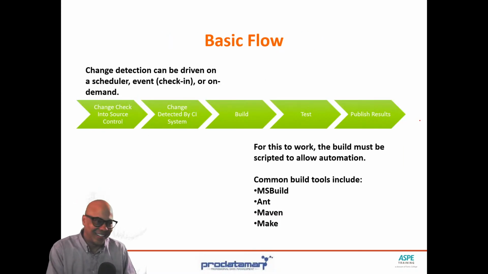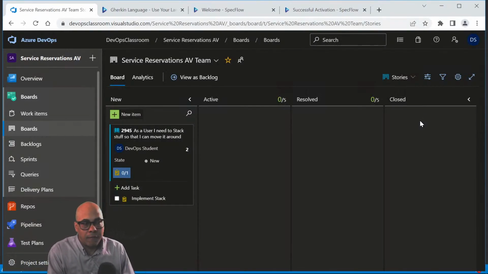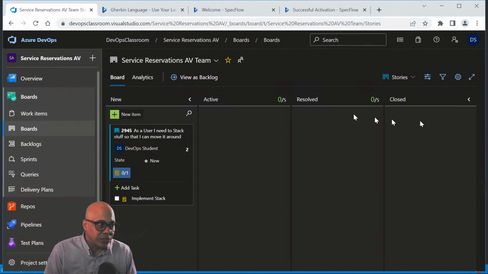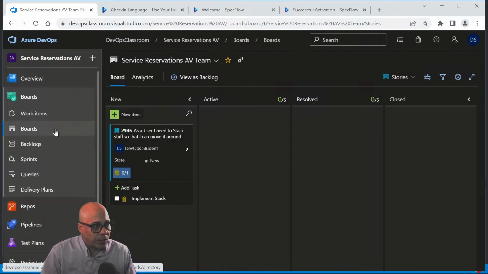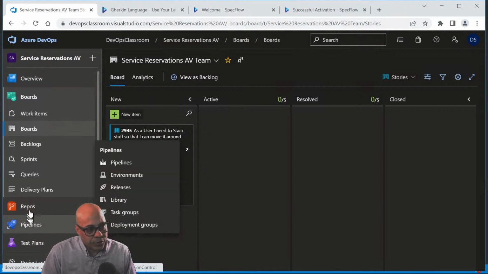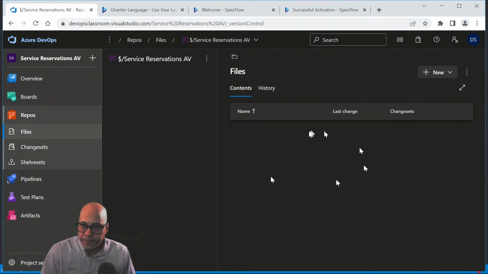All right. So let's go jump into our virtual machines and we'll take a look at this concept of continuous integration inside of Azure DevOps. So in Azure DevOps, I've got a project, the same project that we created earlier in the earlier lab. And in this project, we are going to go to, well, first let's take a peek in the repos menu. We see that our repo has nothing in it. So I have not committed anything to version control just yet.